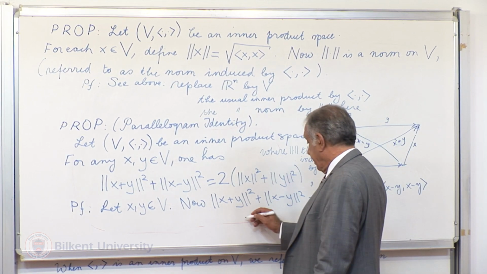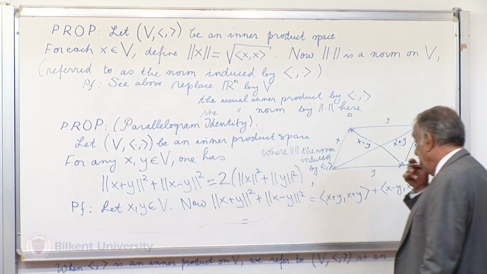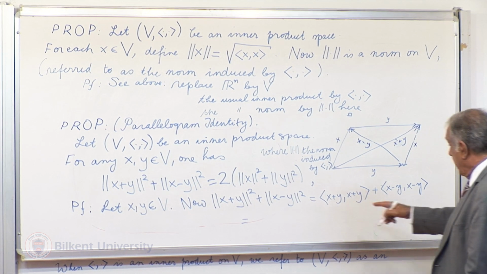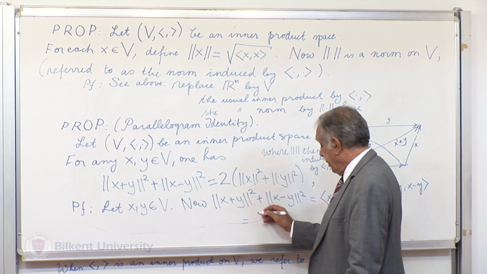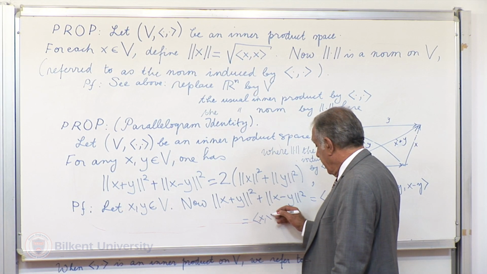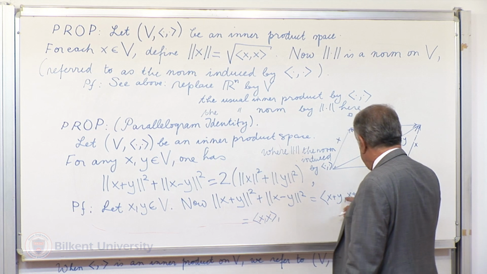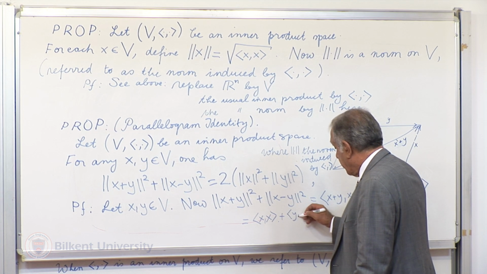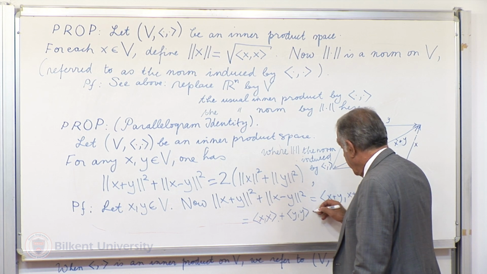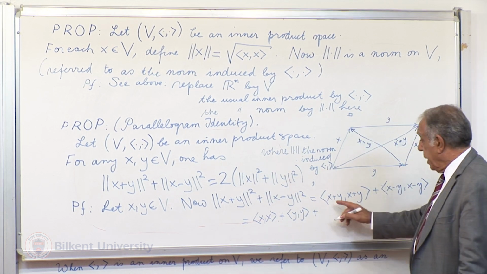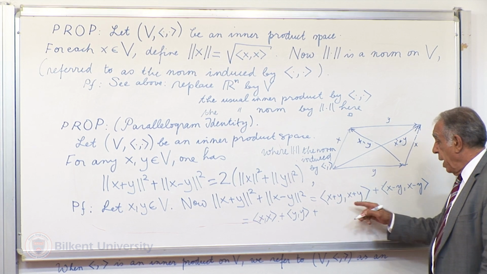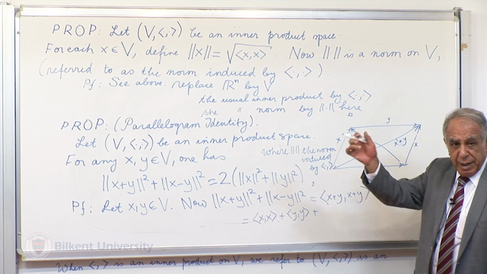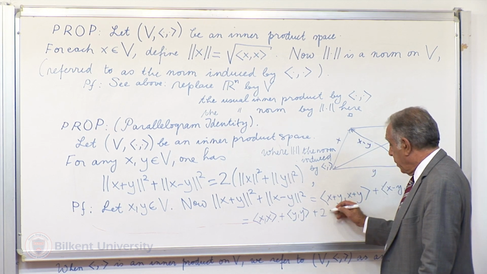But using the properties of the inner product, this part is just the inner product of x with x plus the inner product of y with y plus the inner product of x with y plus that of y with x, but they're the same, plus 2,